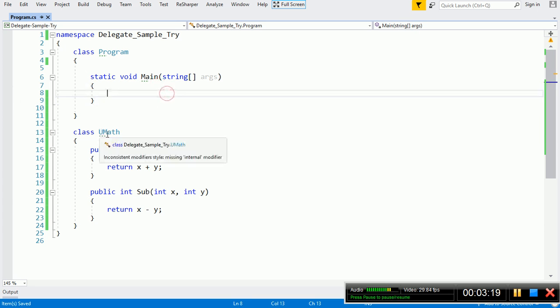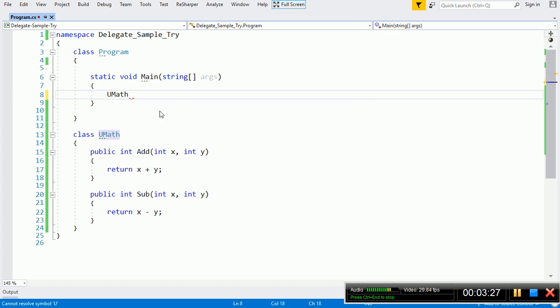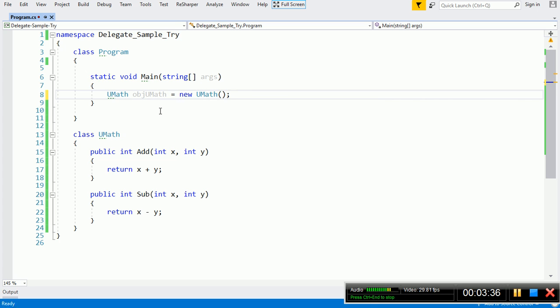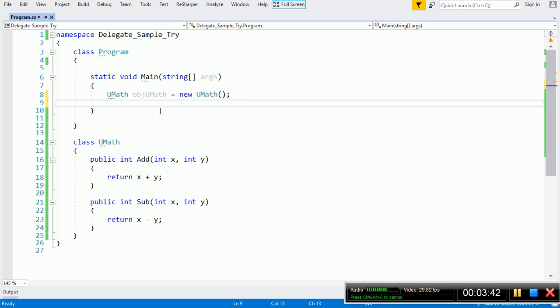In the main function I want to create the object for this umath and then call these two functions. We will first implement umath obj is equal to new umath. It will invoke the constructor of umath and create an object.